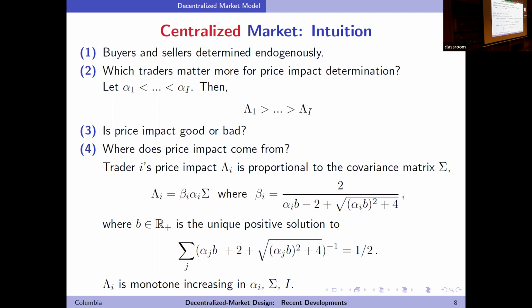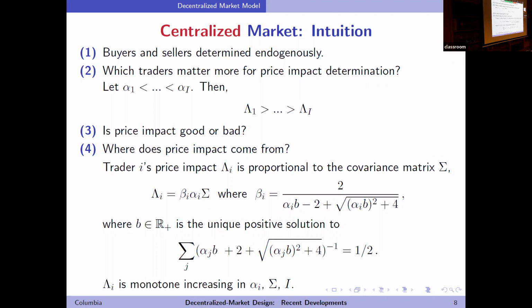And so the price will actually clear at the competitive price, even though the allocation is highly competitive, right? So now let's look at a model where the buyers are more risk averse than the sellers. Make sure I get it right. So the buyers are more risk averse than the sellers.